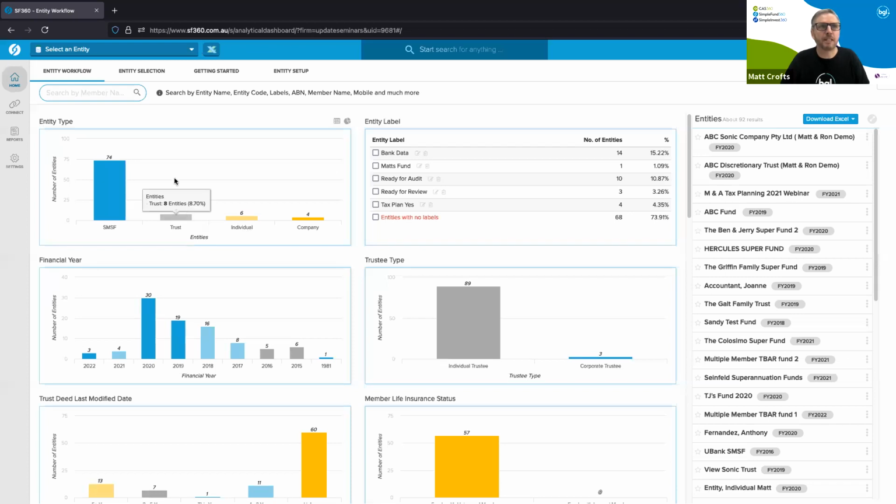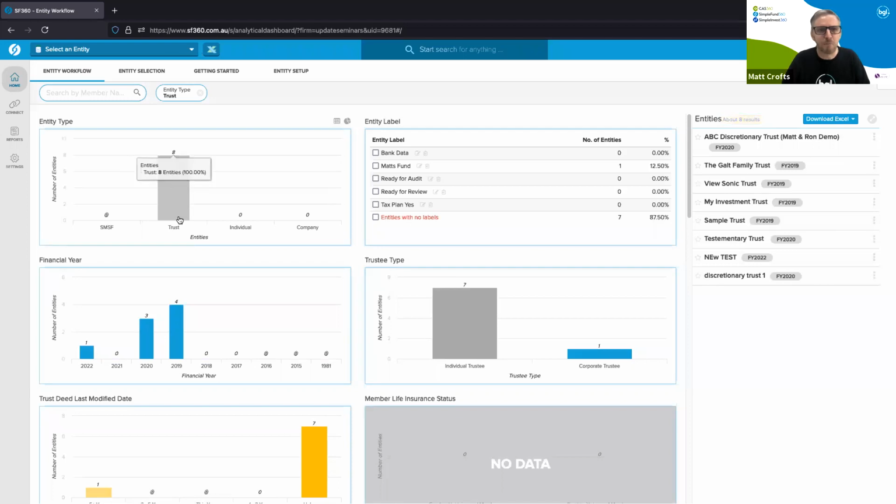So if you haven't seen this dashboard, I can now view my trusts. You don't have to do anything. We made it frictionless. You don't even need to ring us up to make it available. You can go in and start adding them straight away up until, as Ron mentioned, 31st of August. At the end of August, it will no longer be free, and then you'll need to update your subscription up here in the top right. But at the moment, Ron's been very generous. He wants you to try it, so do make use of it.